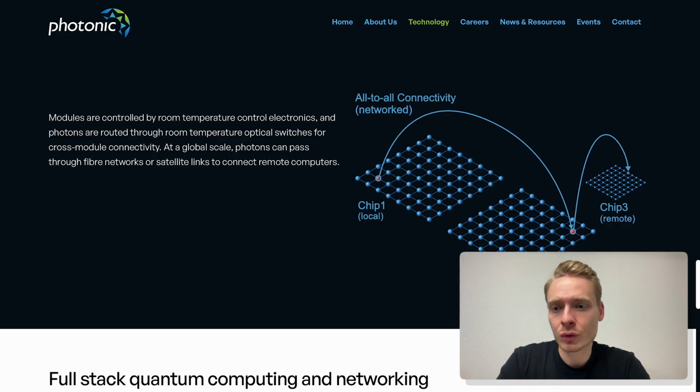So we have 2 different chips that are local to each other, which are connected, but there could also be a third chip which is remote. And it says here, modules are controlled by room temperature control electronics, and photons are routed through room temperature optical switches for cross-module connectivity. At a global scale, photons can pass through fiber networks or satellite links to connect remote